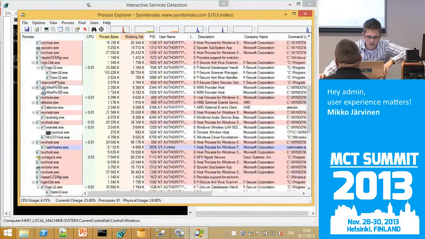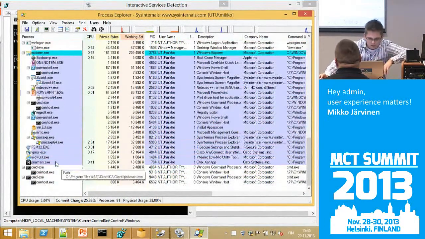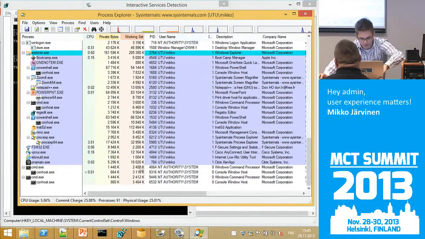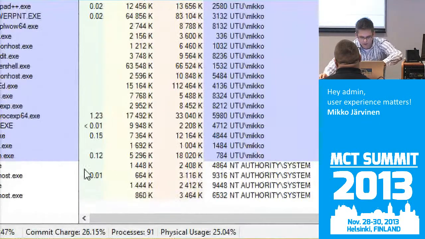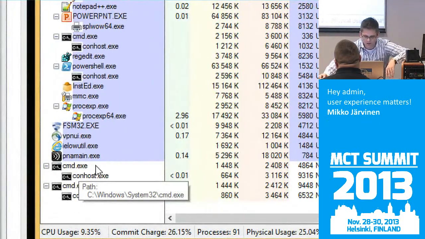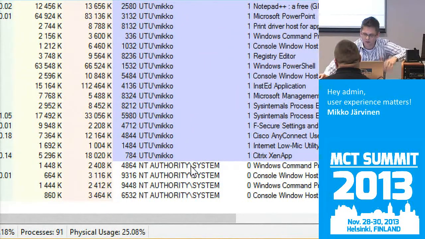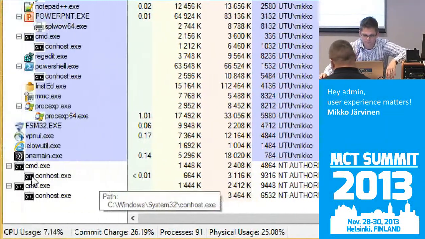Okay, now it's better. We can see that from the service that we created, we have cmd.exe running in session 0 as a system account.